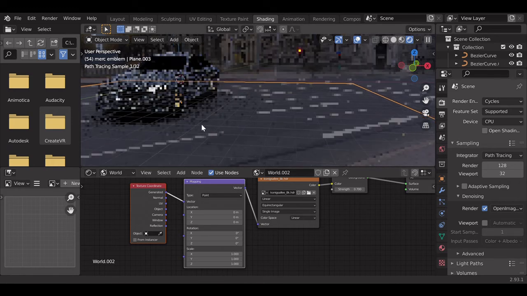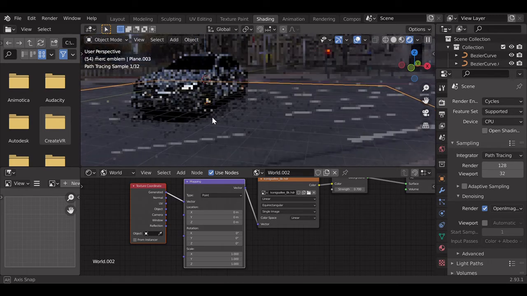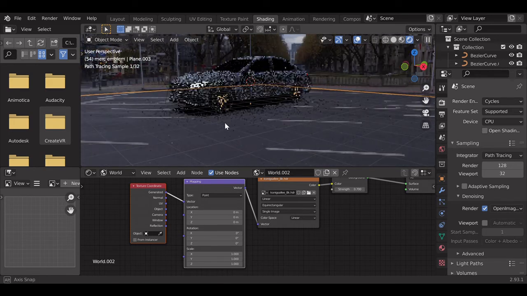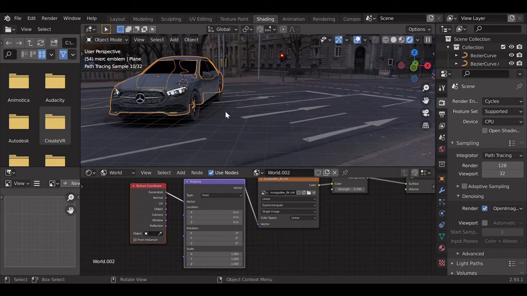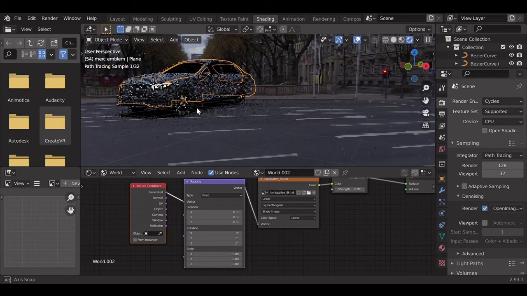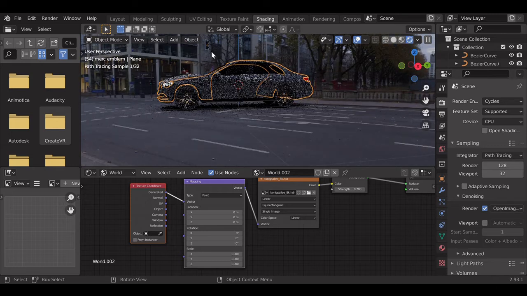Usually when you rotate the object in the HDRI, suppose we want to see the back side or the side view profile of this car, and we just rotate the car a little bit, we can see that along with the car, even the HDRI is going to rotate. But usually we don't want that. We want the HDRI to stay in this position, but only rotate the car. So I'm just going to go ahead and rotate this car a bit. Turn that. Yeah, that's about it. So now I have the side profile of the car.